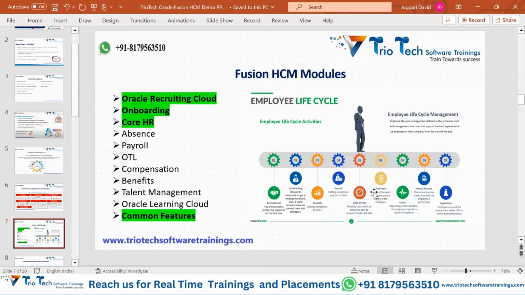Now in this life cycle, let's say the candidate has completed one year, based upon the performance, the candidate has to give